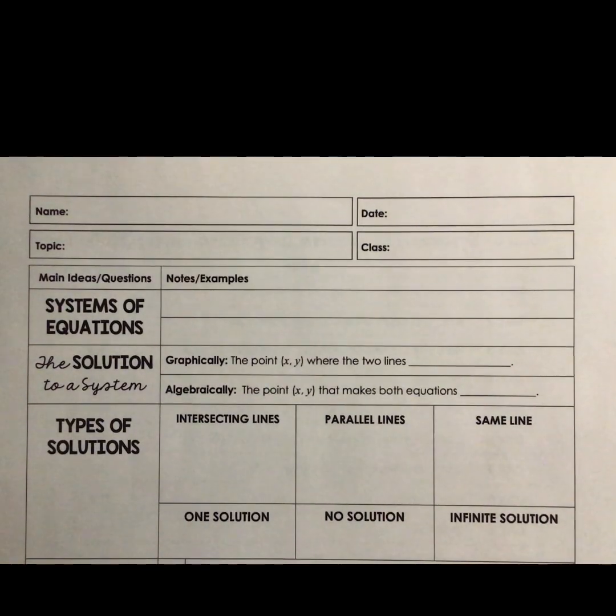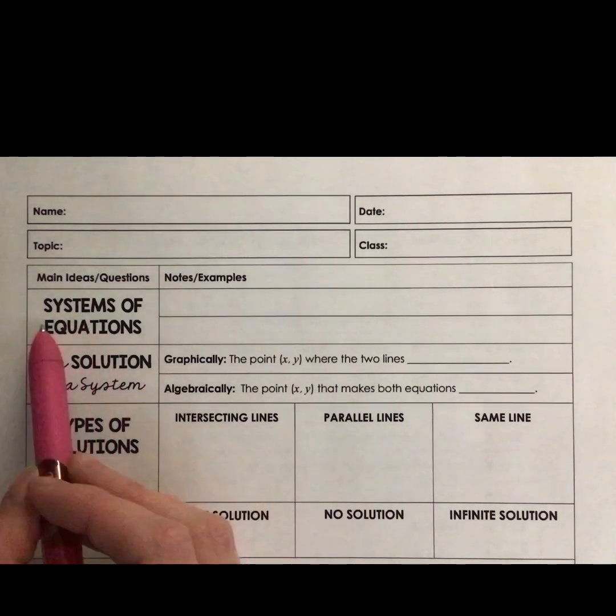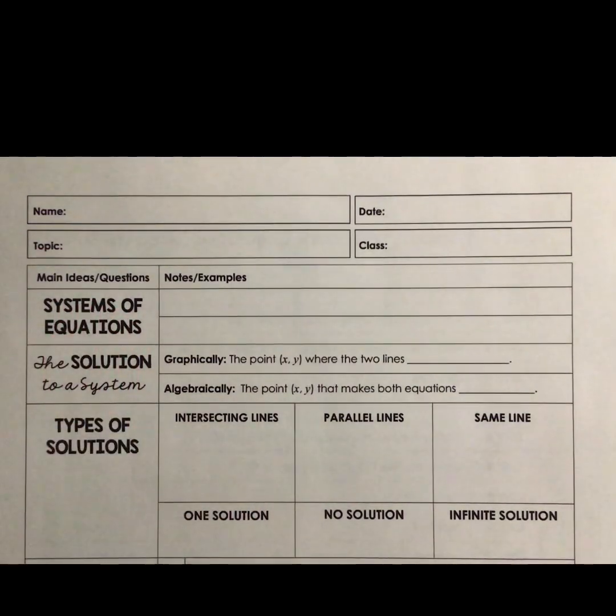Hey everyone, so we're getting started off today by talking about systems of equations. We spent the last few class times talking about the different types of linear equations and linear inequalities that we see, so different ways to express linear forms of mathematics. Now we're going to talk about expressing systems of equations. So that's when we have more than one equation or more than one inequality in our set of things that